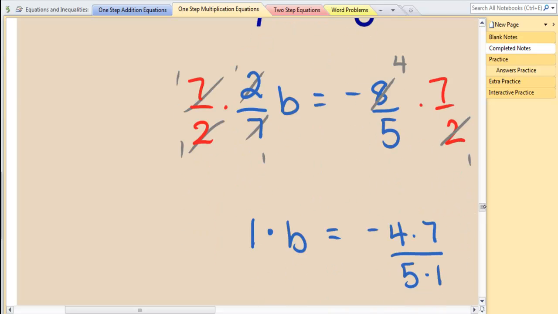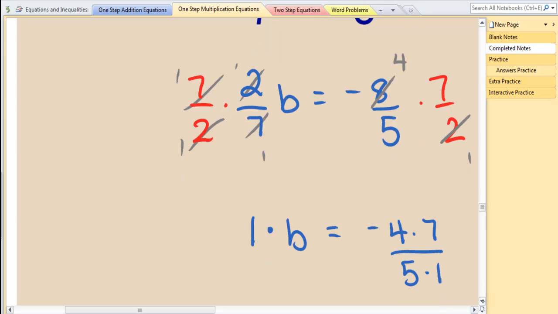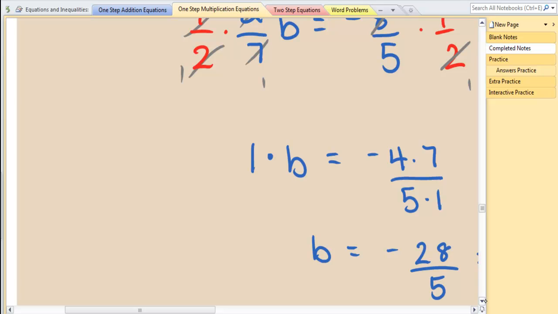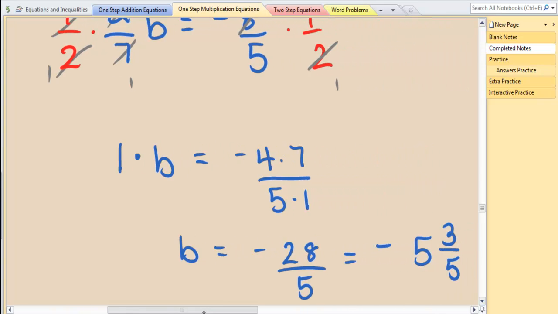And I end up with 1 times b on the left-hand side, and negative 4 times 7 in the numerator of the right-hand side, and 5 times 1 in the denominator, which gives me b equals negative 28/5, and that simplifies to negative 5 3/5. Again, you can skip the identity property step. You can do this step in your head if you'd like, or you can write it out, whatever's easier for you. Now I also did a check step here to demonstrate how you would complete a check step with a